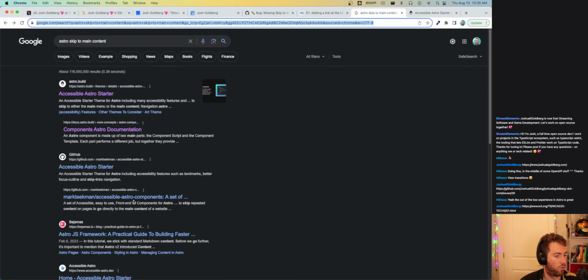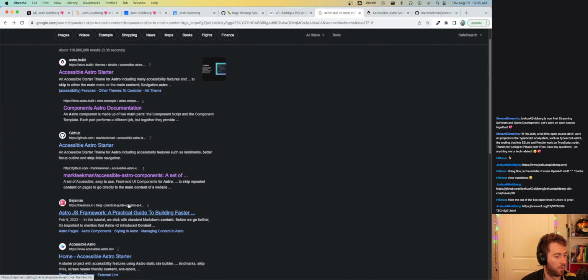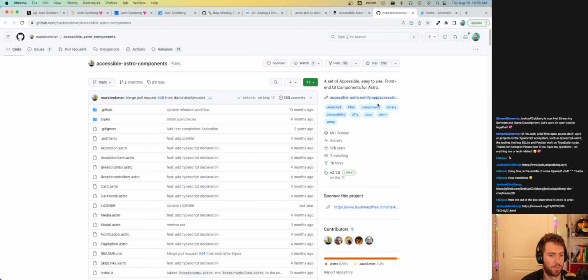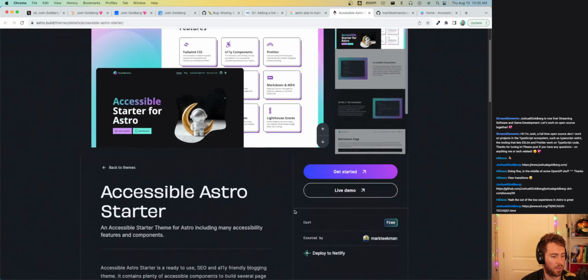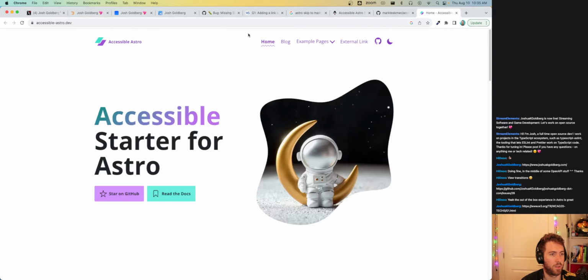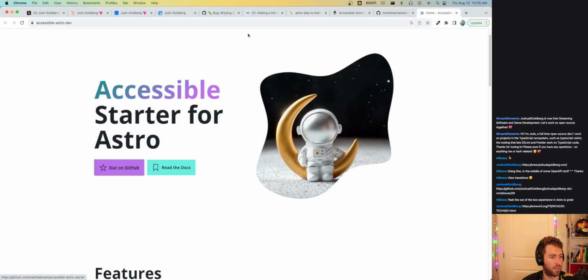Yeah. Accessible Astro components is a repo from the same person who made the starter. That's nice. I'm guessing this is the same thing. Is this the same website? Yeah. So what does it do for skip to main content? Nice.